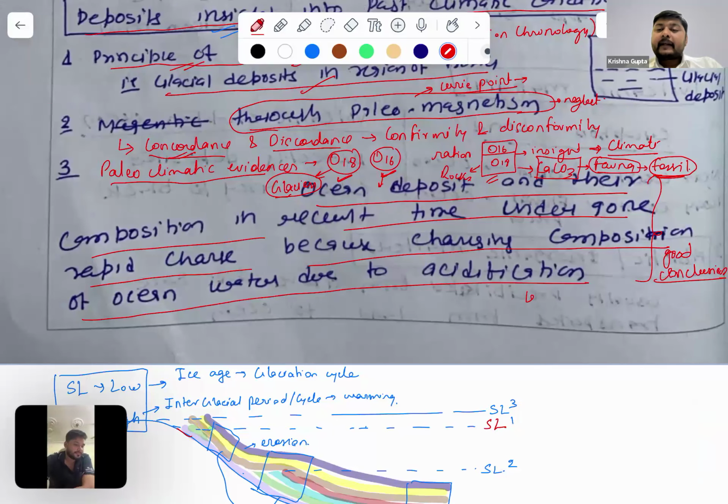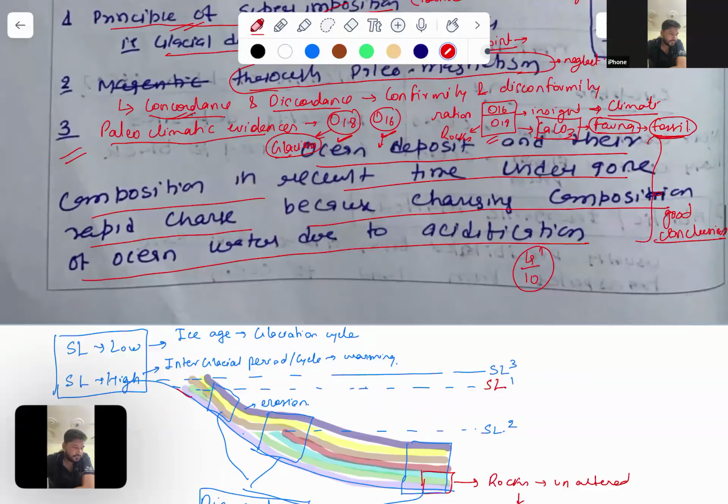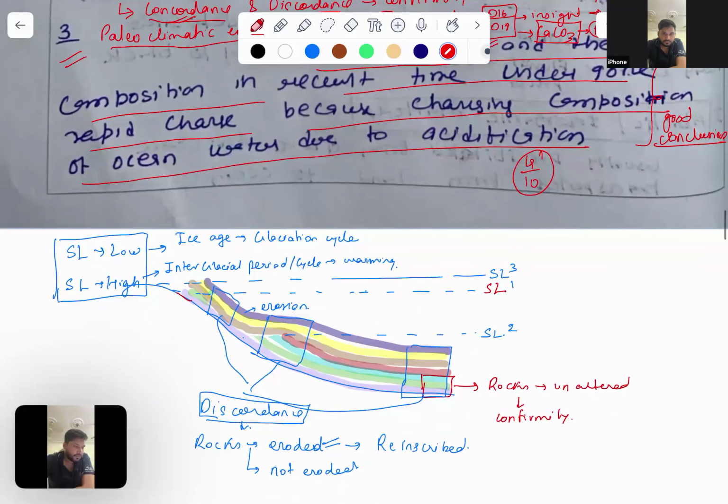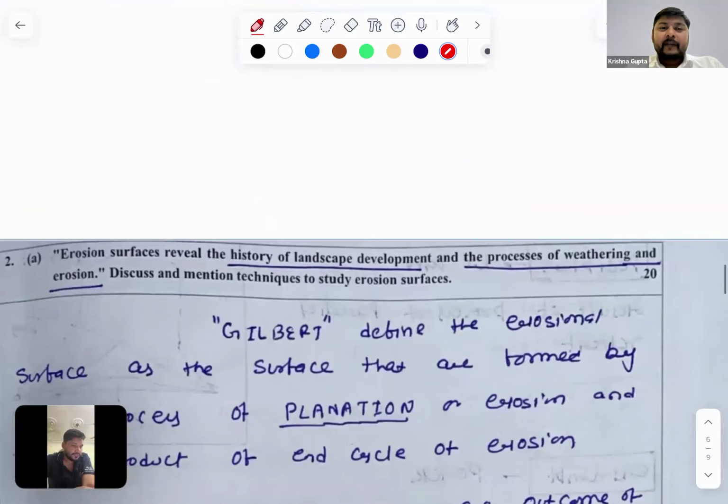Okay, here you will be getting 4 out of 10 marks, but if you add this part, you could get 5 to 5.5 to 6 with the inclusion of this aspect also. Okay. Now moving to